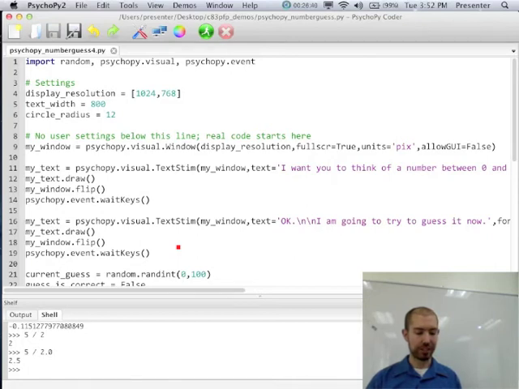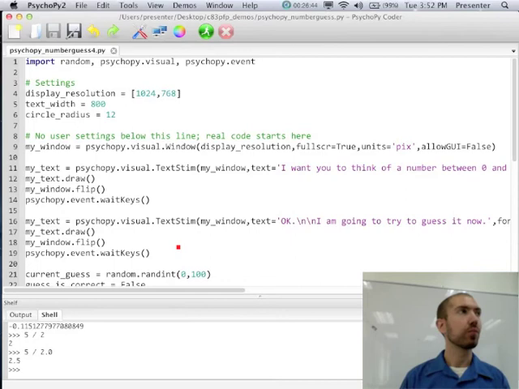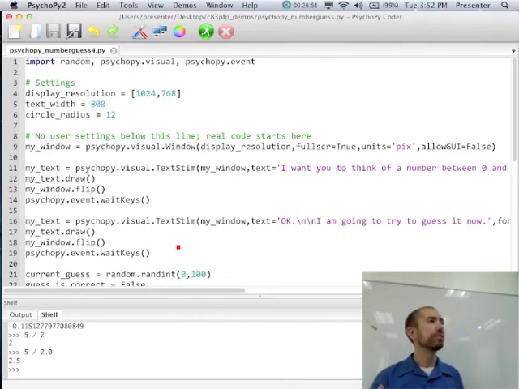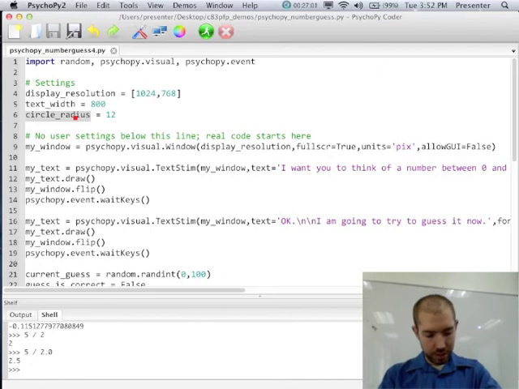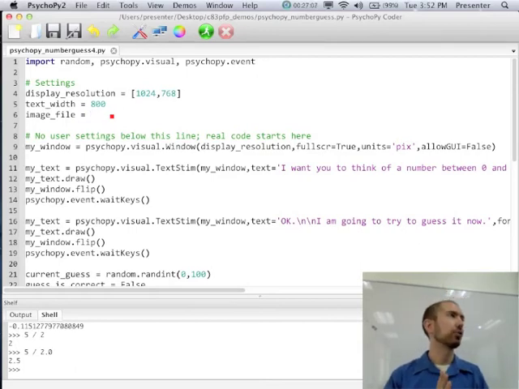And the good news is, once again, this isn't going to take a whole lot of changes from a circle. This is what's nice about the way everything is coded up, because most of these PsychoPy visual objects have a pretty similar structure, so you don't have to change much to go from circles to images or whatever. One thing we do have to change is we have to tell it what image file we're using. Instead of the circle radius, we don't need to tell it a radius anymore, because it's going to get the size of the image from the image file. But we do have to tell it the name of the file, right?